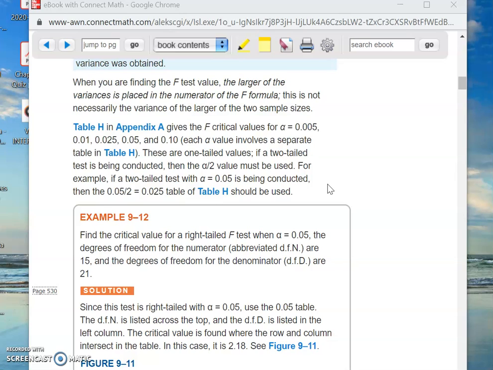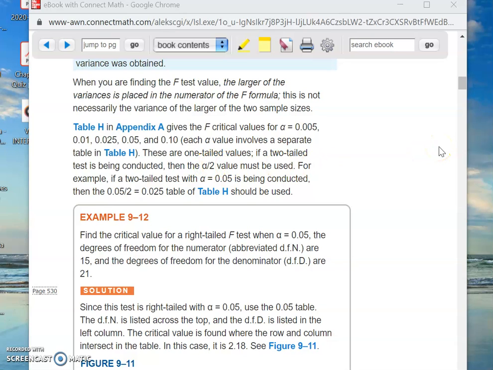But if it's a two-tailed test, well, implicitly, when you draw that cartoon, you're always going to have two tails, so your alpha is split in half. Half of the error budget is on the right-hand side, the right tail. Half of it is in the left tail. So that's what he's talking about here when he says you have to use the alpha over 2 value